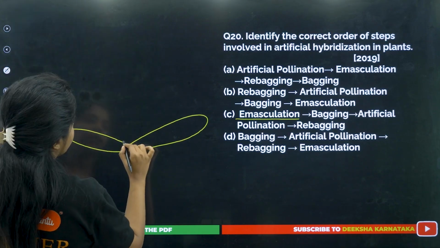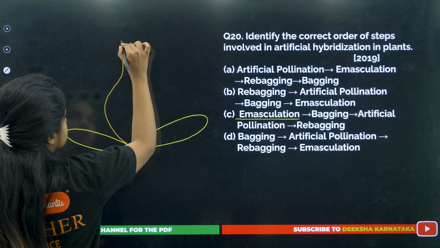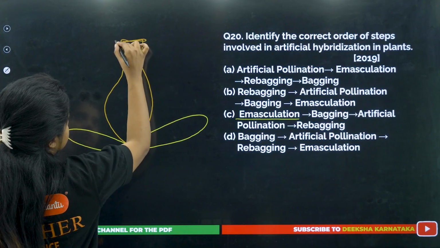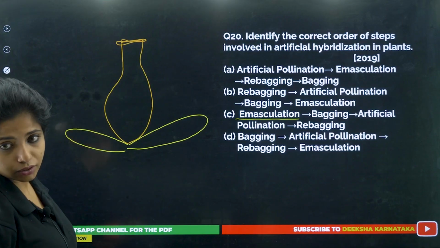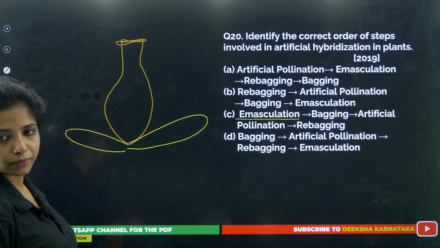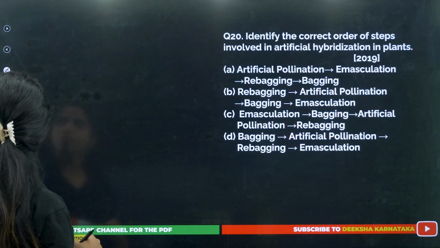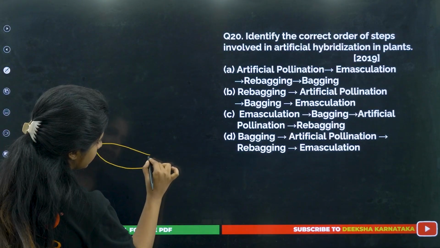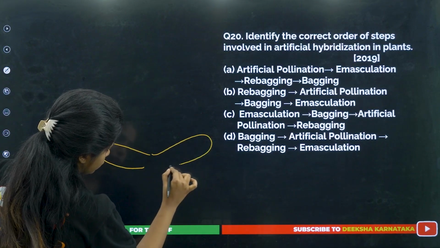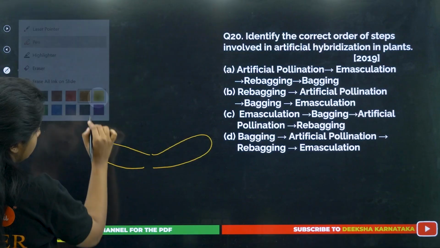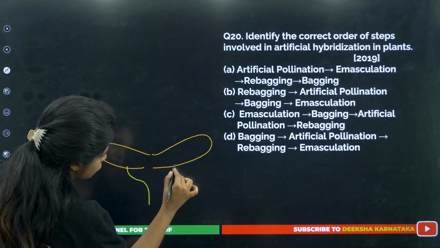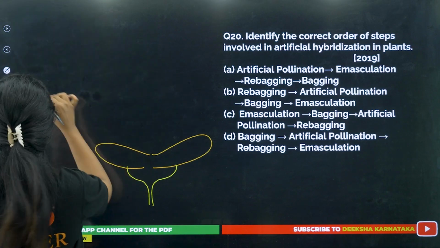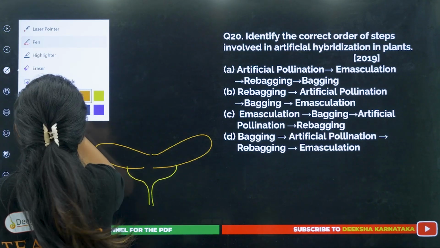Why? I think the food that I ate has been used up. Okay, this is the stigma, this is the style, and this is the ovary. Or probably I should not be drawing like this, I should be drawing properly. I know how much discomfort it might cause you, and I should also be showing that I am not really bad at drawing, but I sometimes do not wish to draw too much. So children, okay,